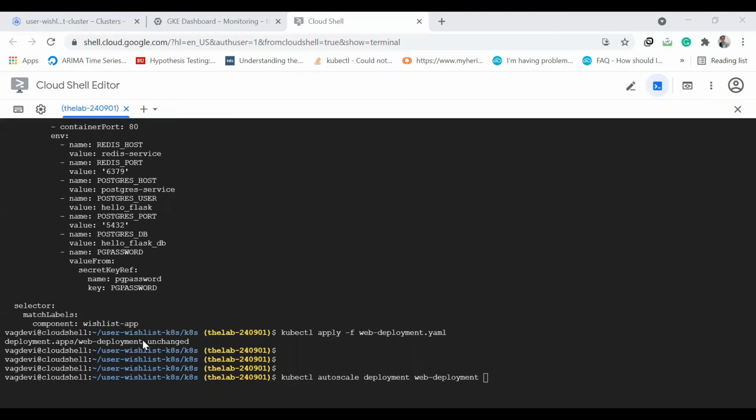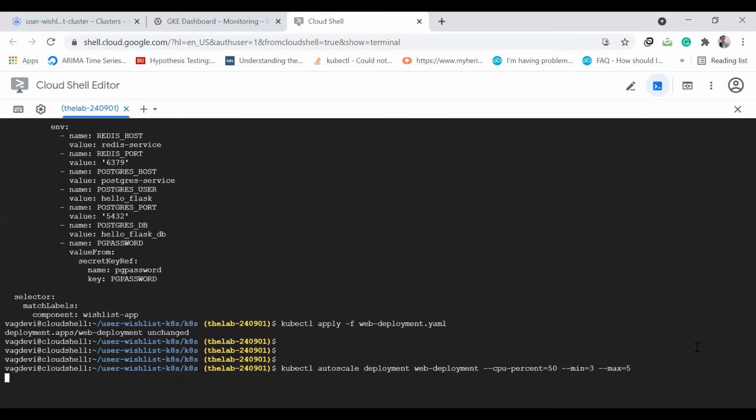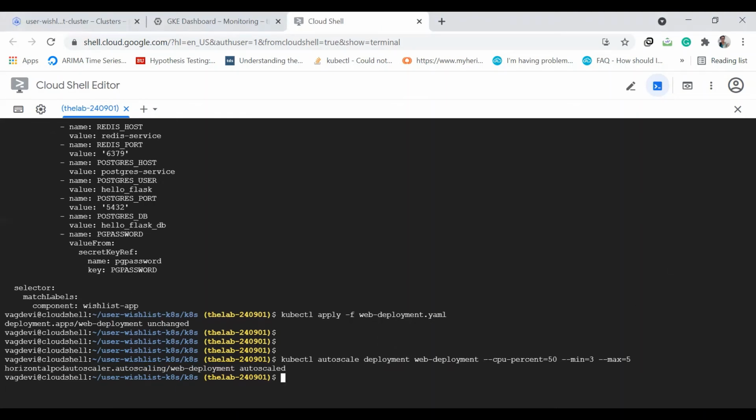Okay, so we will do all those things like this: --cpu-percent equals 50, and then --min is equal to 3, --max equal to 5, something like that. So we can configure all these things.